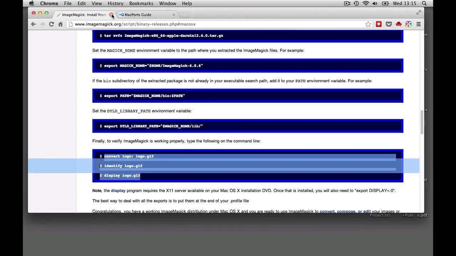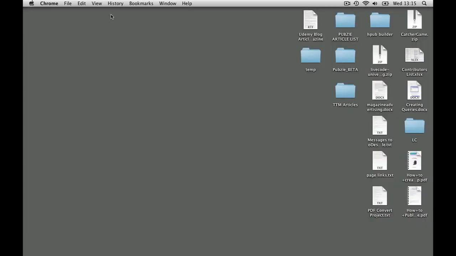We don't need the website anymore. We don't need that anymore. We're all done. We have ImageMagick all installed. So the next thing we need to do is have a look at the little utility software that I created,